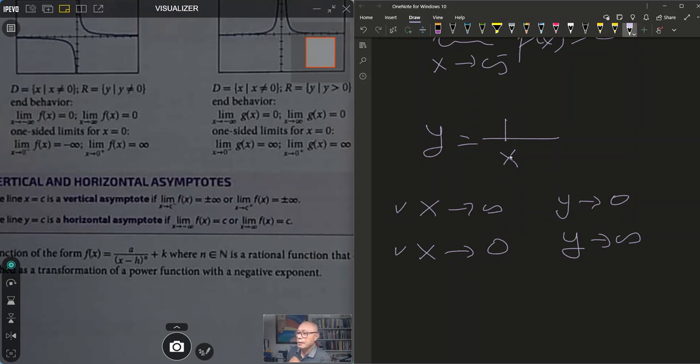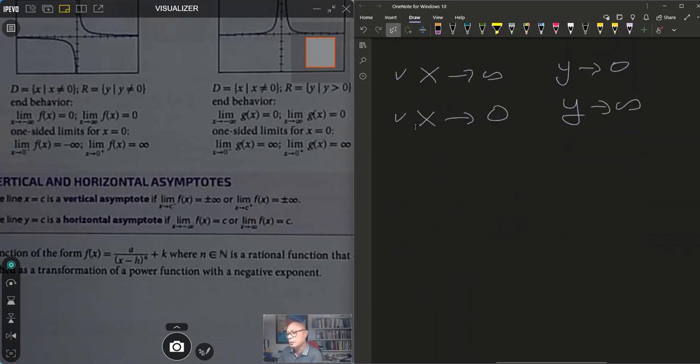But when x is 1 over 1 million, y becomes 1 million. So this function, if I want to make